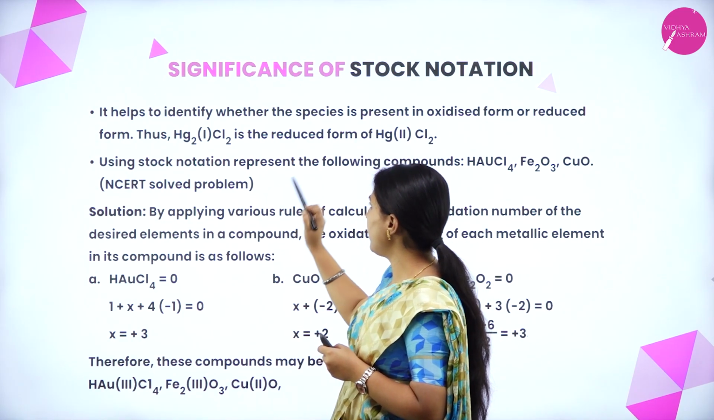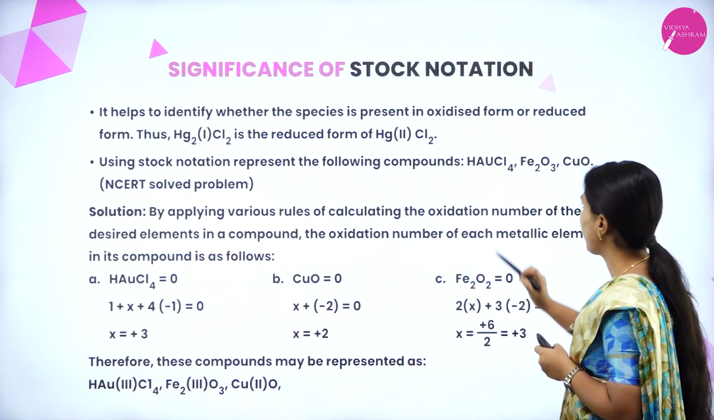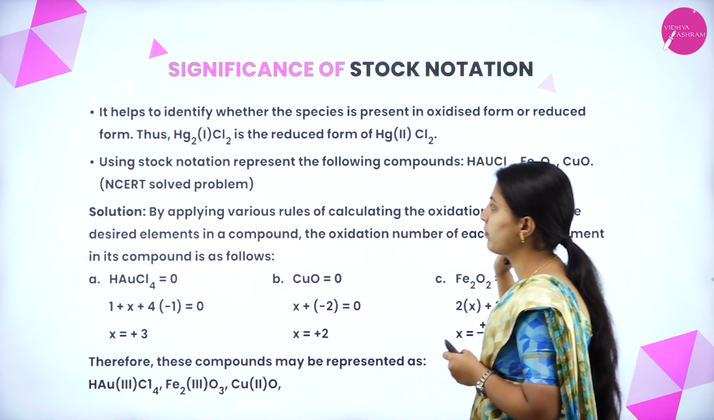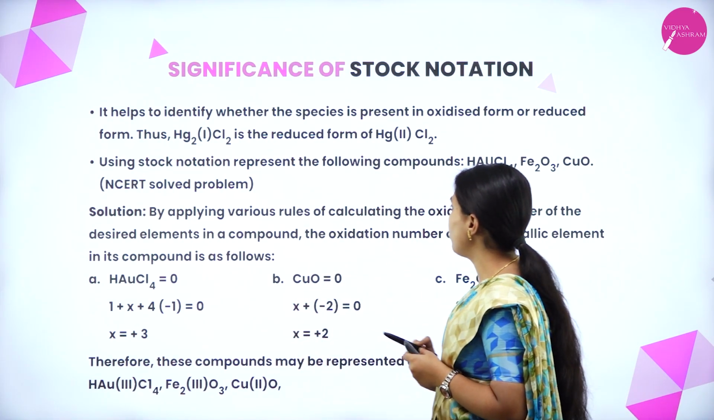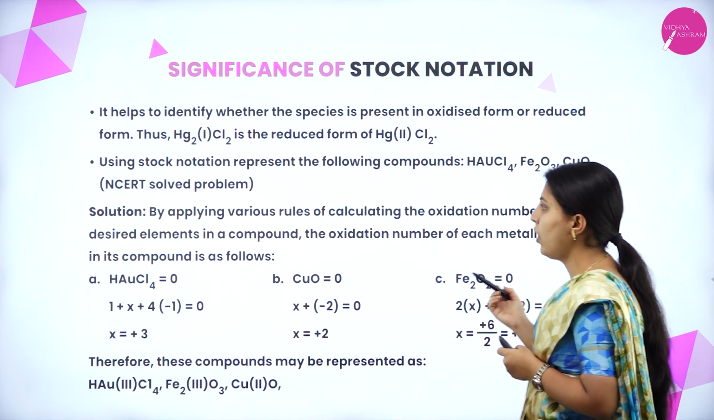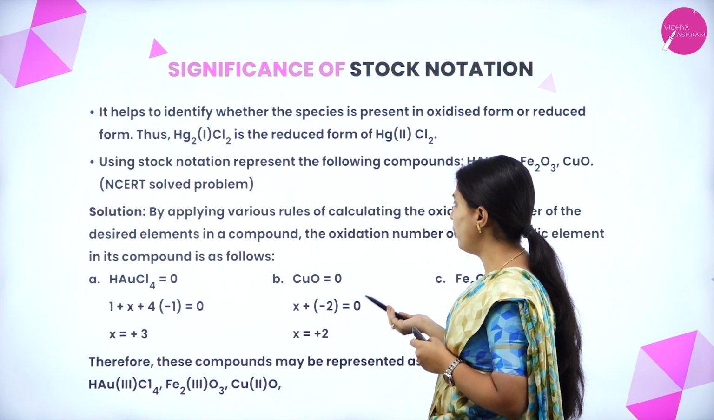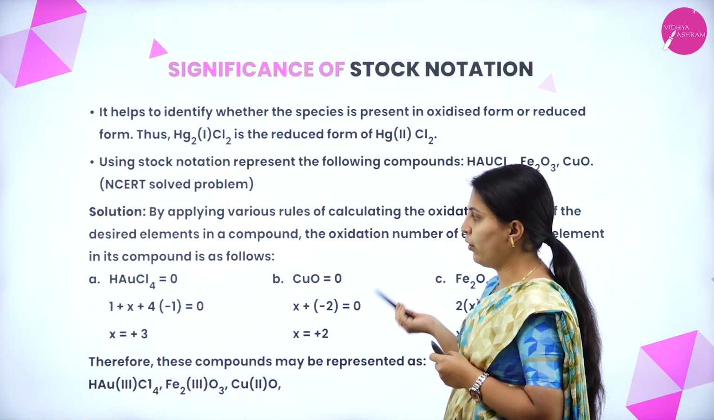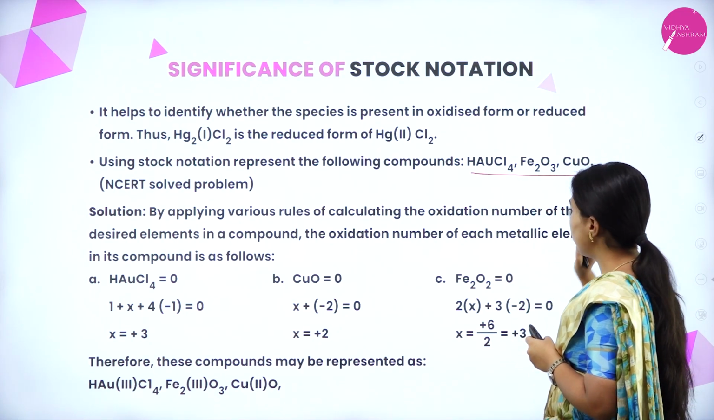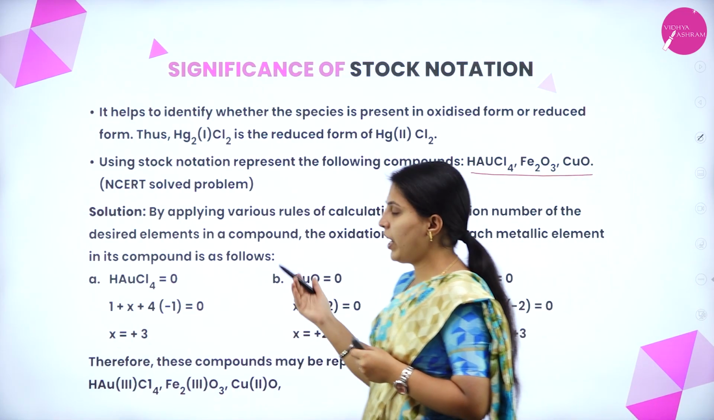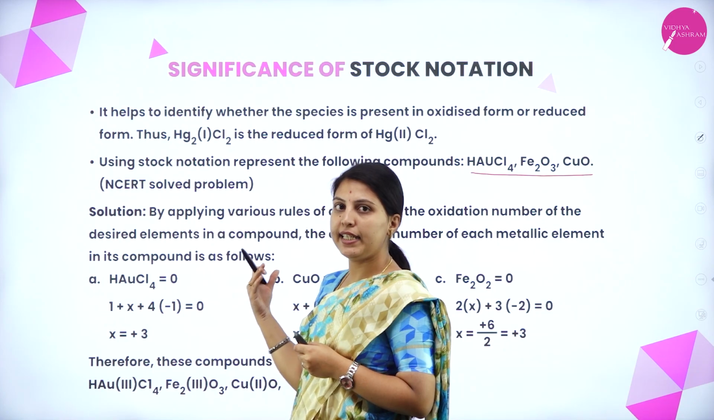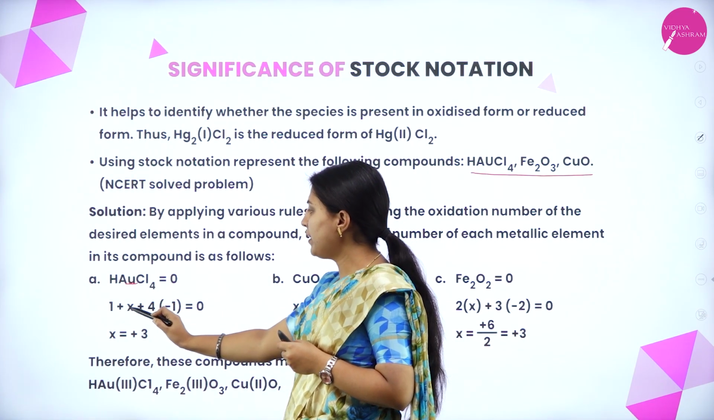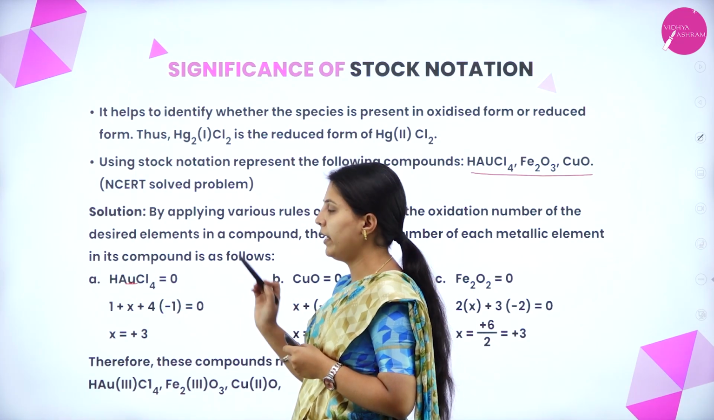Using Stock notation, represent the following compounds: HAuCl4, Fe2O3, CuO. Solution: by applying the various rules of calculating oxidation number, the oxidation number of the desired element in each compound is as follows. Here they have given 3 compounds, and we are calculating the oxidation number. Here for the metal Au, with hydrogen, gold and chloride,